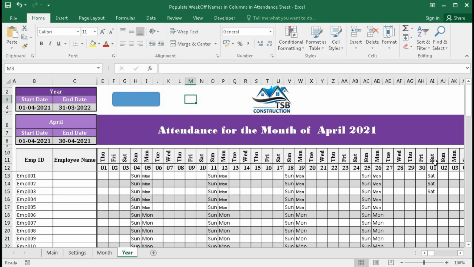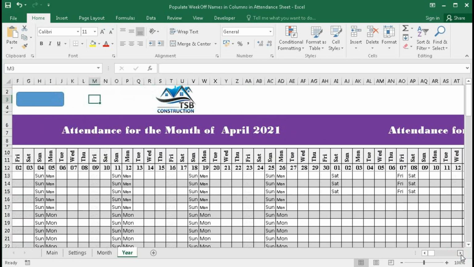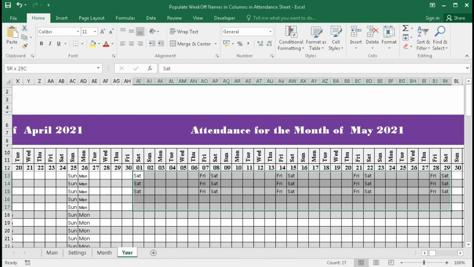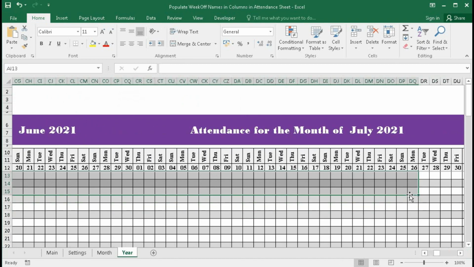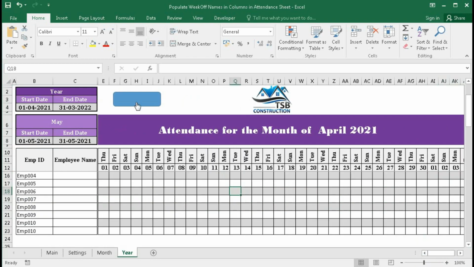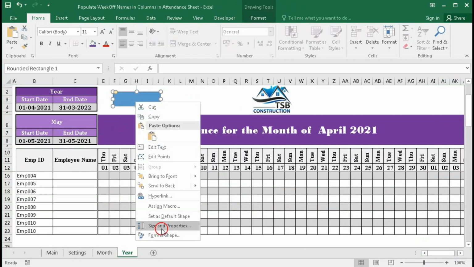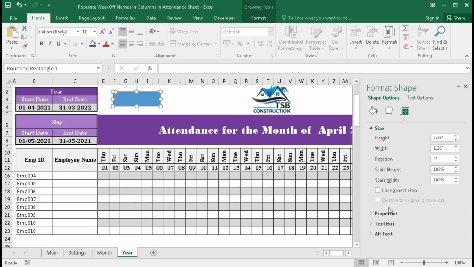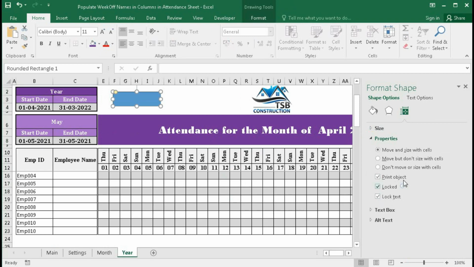We have not populated this one. This was previously created, I have not deleted this one. Right click, size and properties. Here for properties, do not move or size with cells.